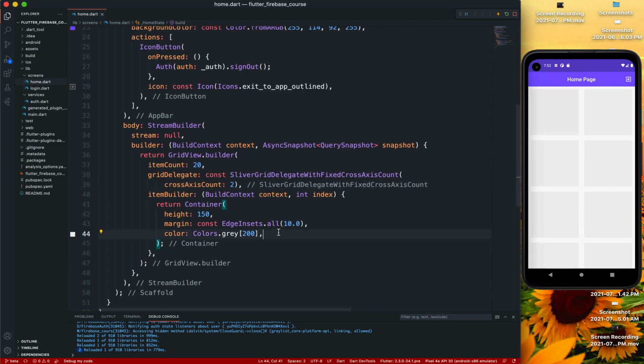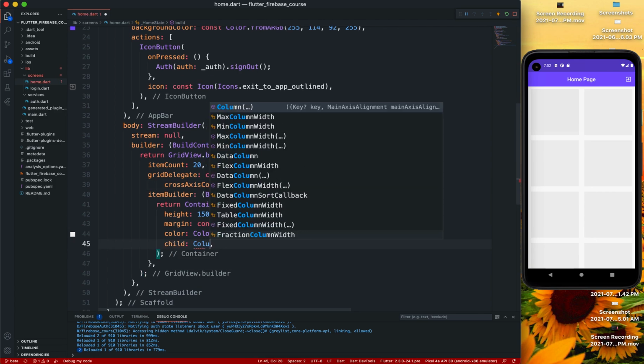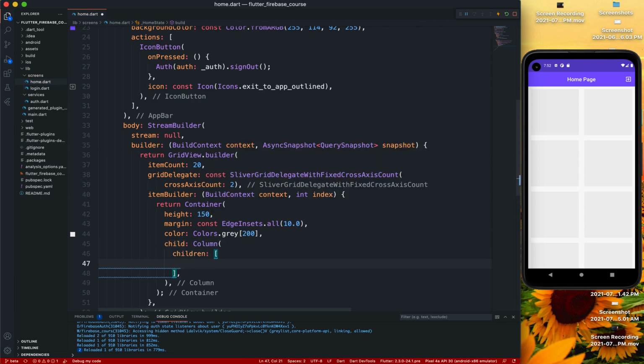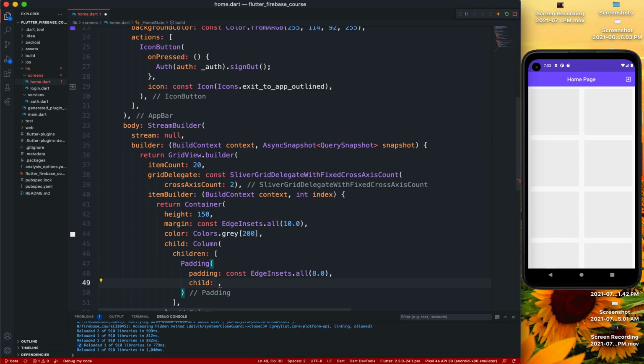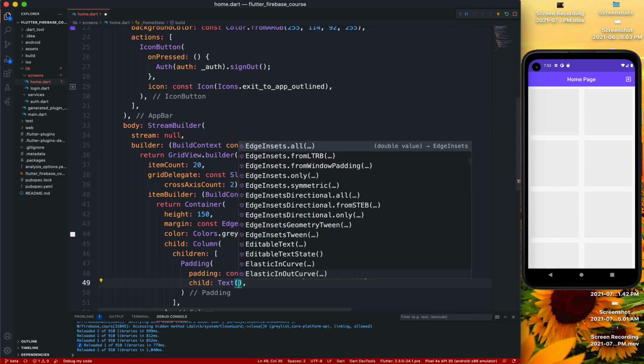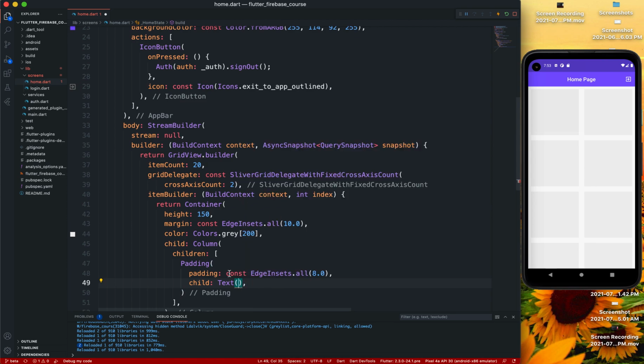Okay, in that we're gonna have a child of a column, and then we're gonna have some children. So we first of all are gonna have a padding, right? And that padding is an edge insets dot all, and the padding is 8. The child element of that padding is a text, and in here we get the snapshot. So snapshot dot data dot docs,